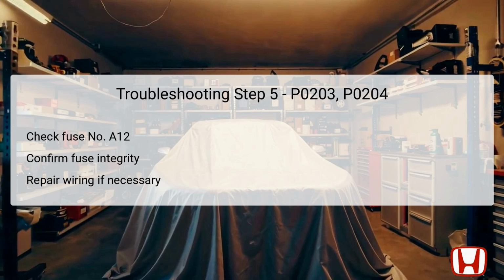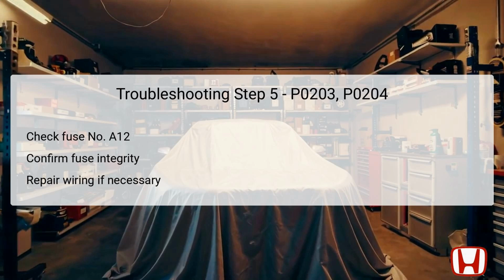If the fuse is functional, it indicates that power is reaching the +B IGI wire, and you will need to address an issue elsewhere in the circuit. If, however, the fuse is blown, it's necessary to address potential shorts or other issues in the wiring, since this could lead to recurring DTCs. Depending on your findings, you may need to repair any detected shorts and replace the fuse to ensure a complete